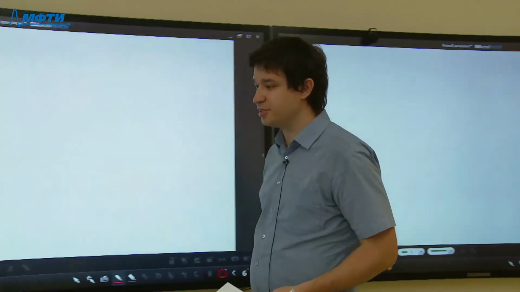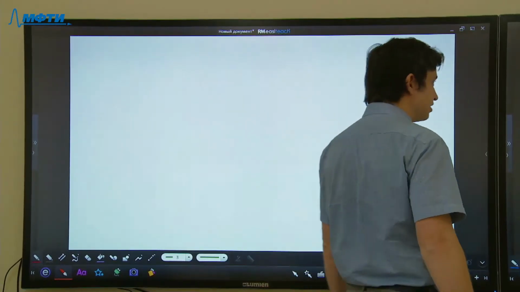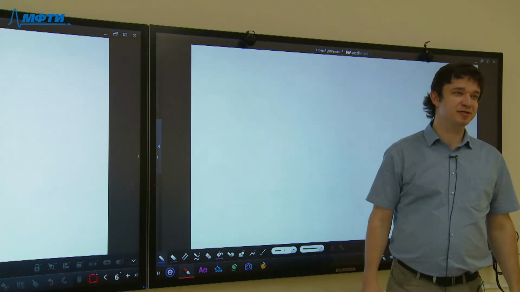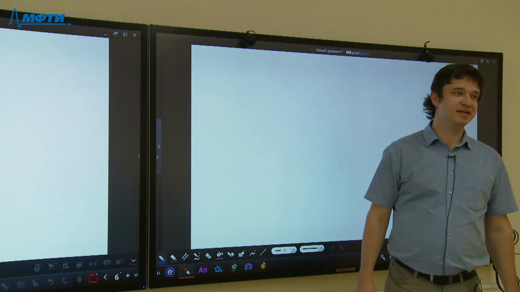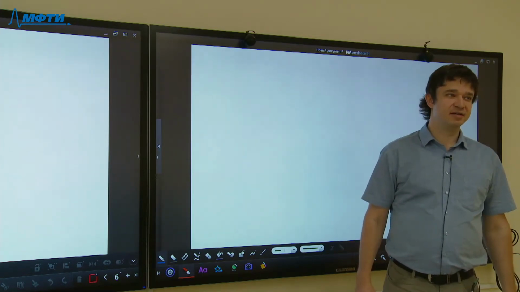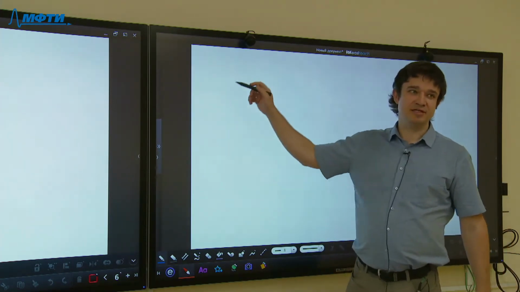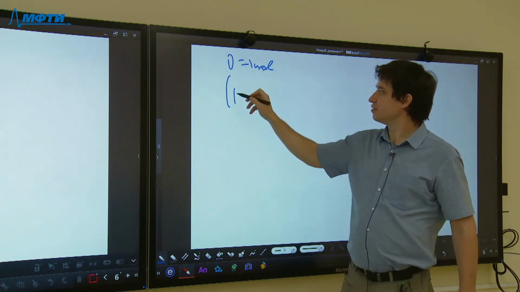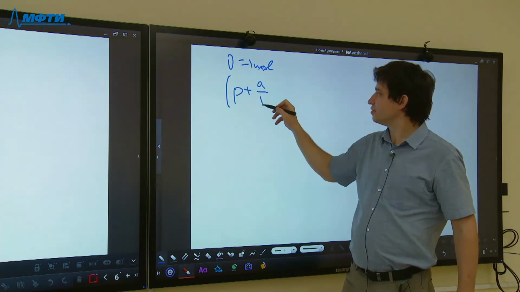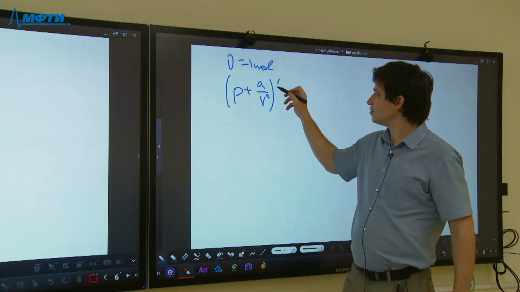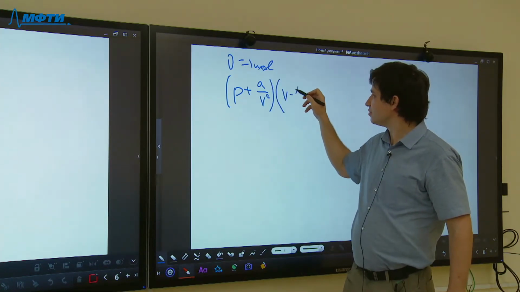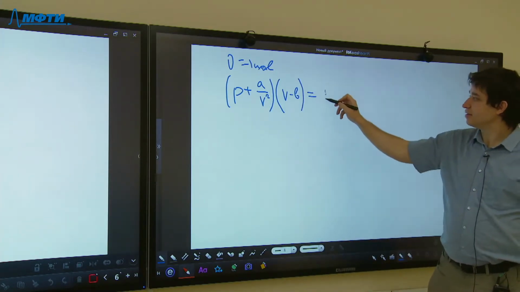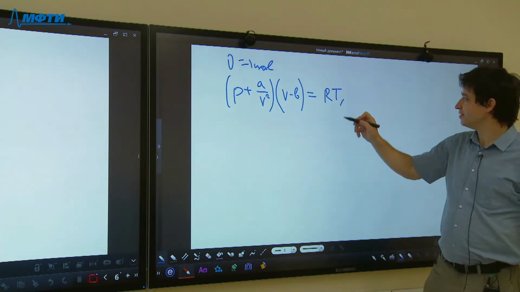So before we start, I would like to ask if any one of you still remembers the van der Waals equation. What was the van der Waals equation? So let's assume for simplicity that we have one mole. The pressure plus a divided by volume squared, times volume minus b, equals RT. Okay,